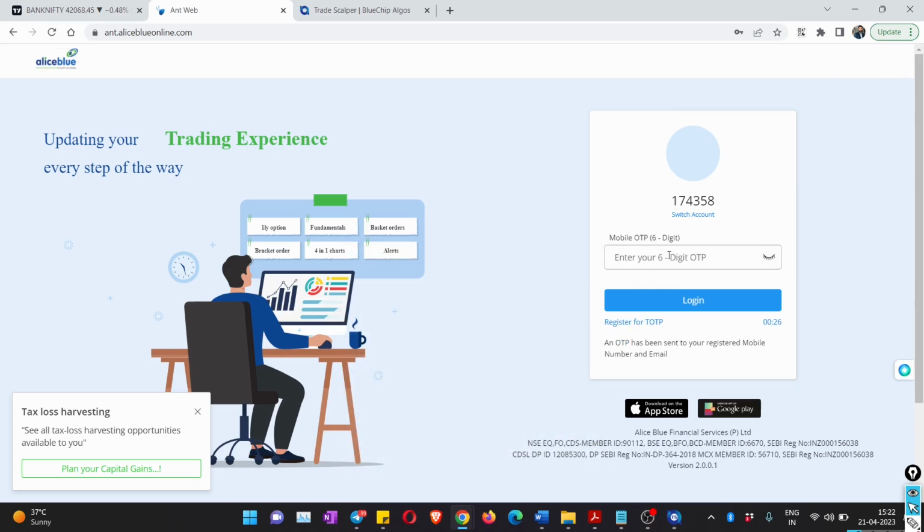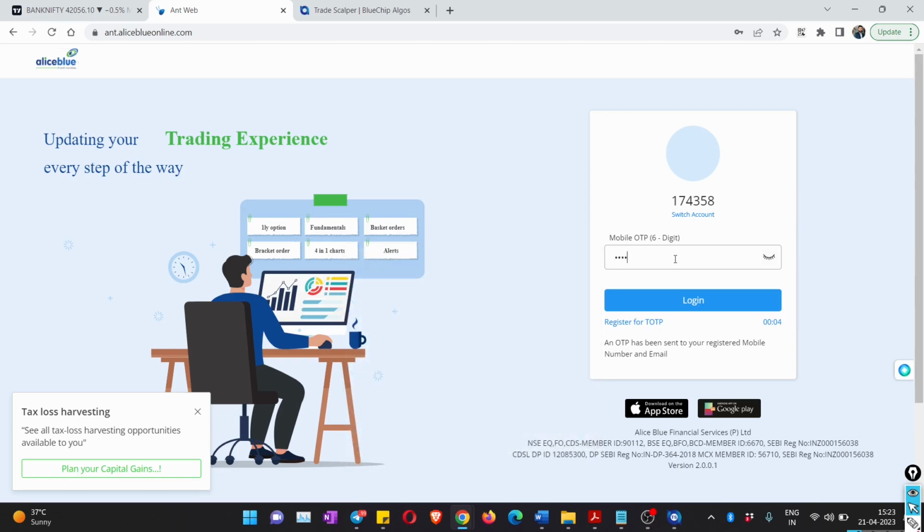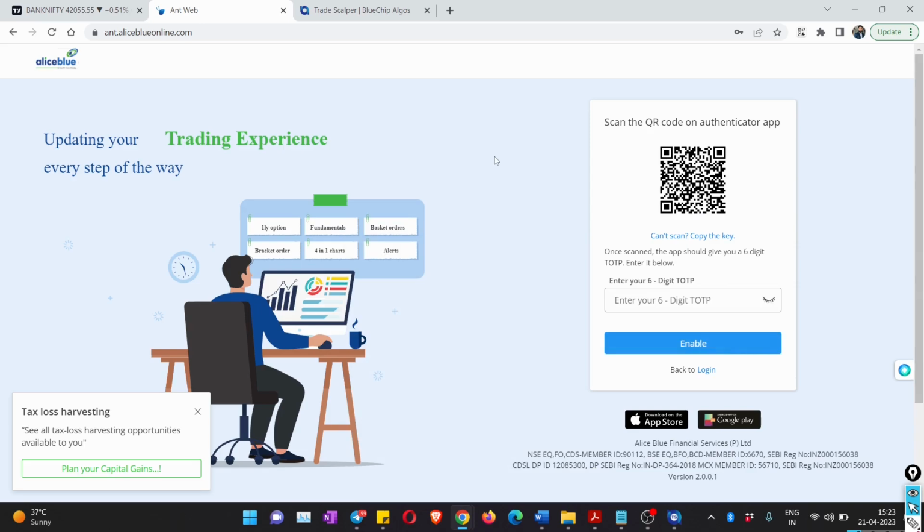And then what Aliceblue does is it will send a code to your mobile, because we need to ensure that other person is not resetting for you, right? So you need to first re-enter this code so that Aliceblue gets a confirmation that it is only you who is trying to reset your TOTP, right? So let me enter the code. Right, so once after I enter the code,